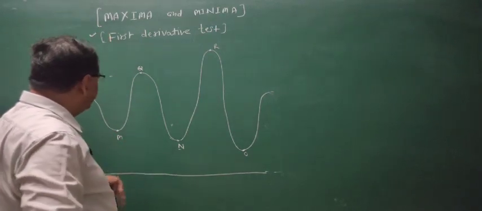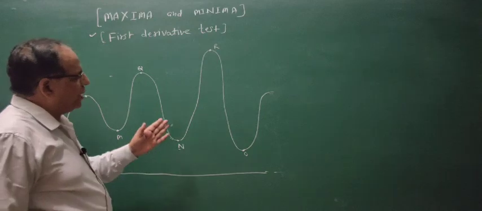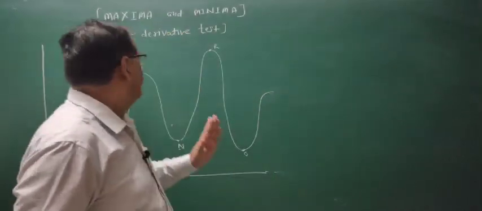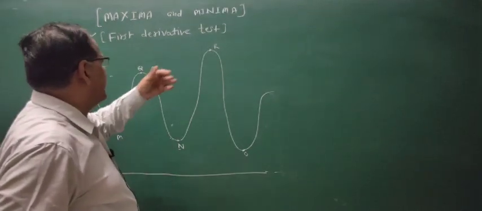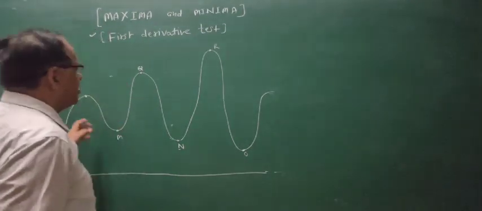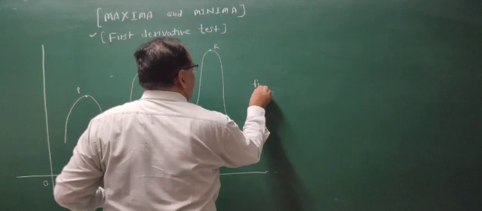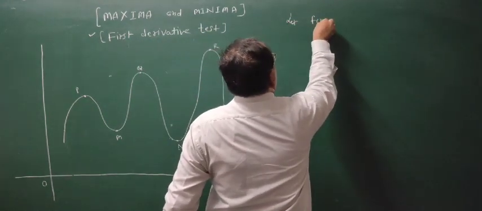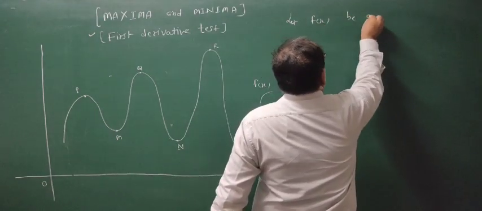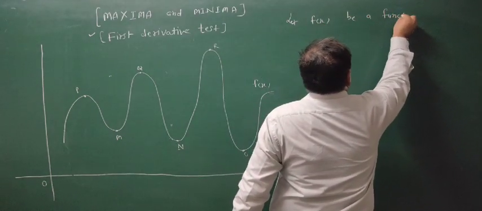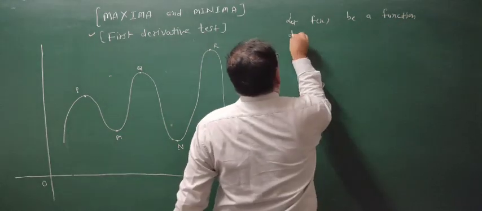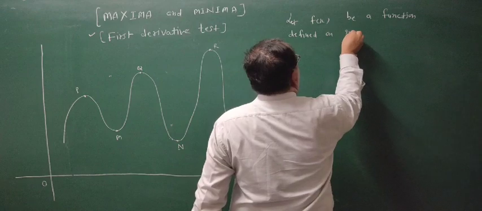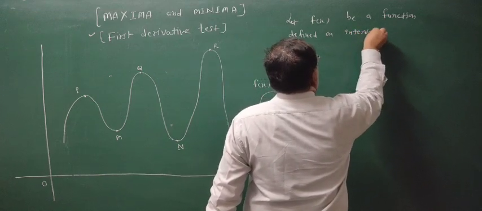Now, how can we find the points on the curve at which the function has maximum or minimum? So first we use the first derivative test. This is the graph of function f(x). So let f(x) be a function defined on interval I,